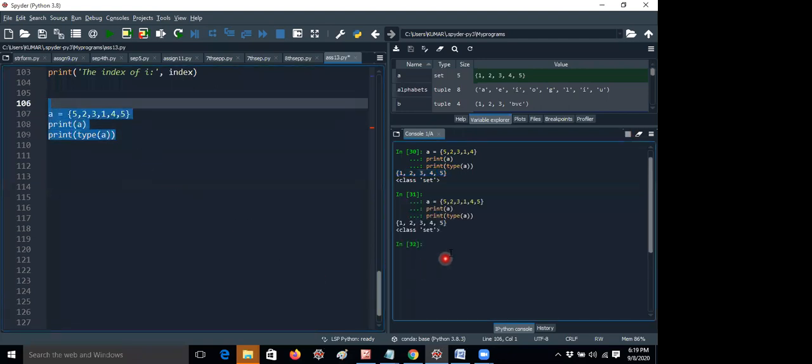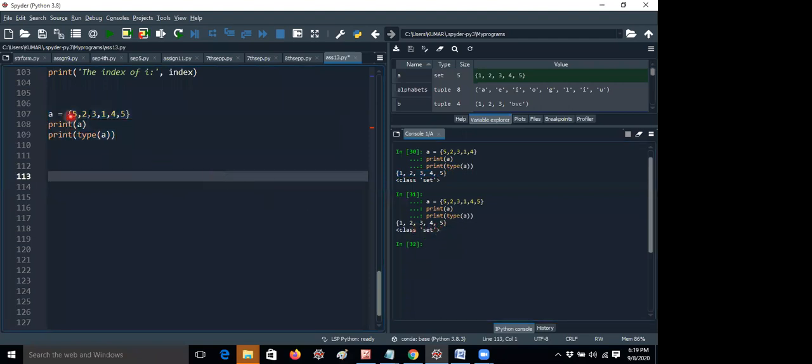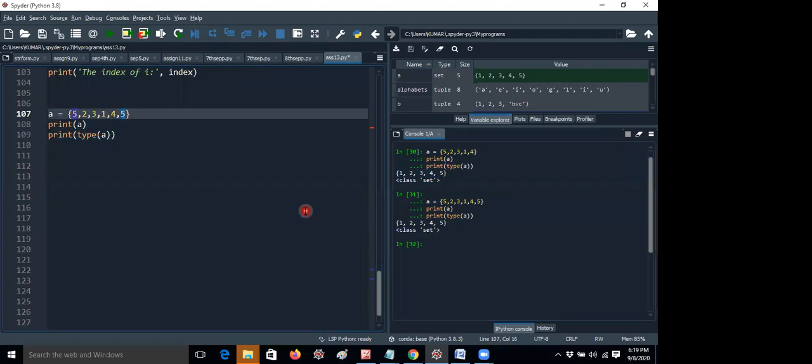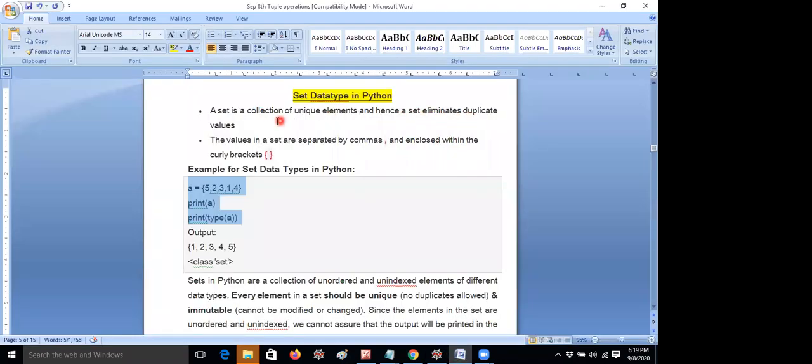You can see clearly here I am getting 1 2 3 4 5, but I am not getting 5 again, because it eliminates duplicate values from the given elements. So set eliminates the duplicate values. The values in a set are separated by commas and enclosed in curly braces, so 1 2 3 4 5 will be displayed like this.